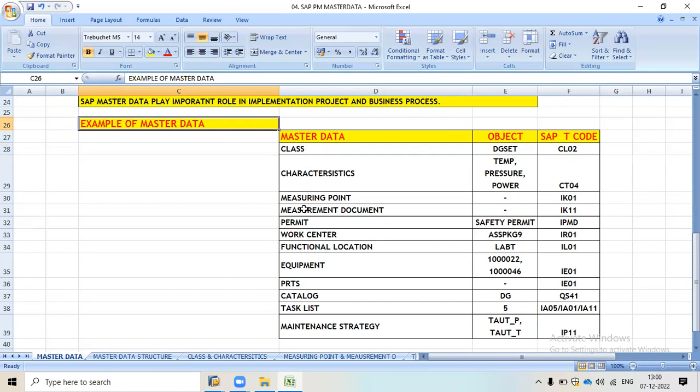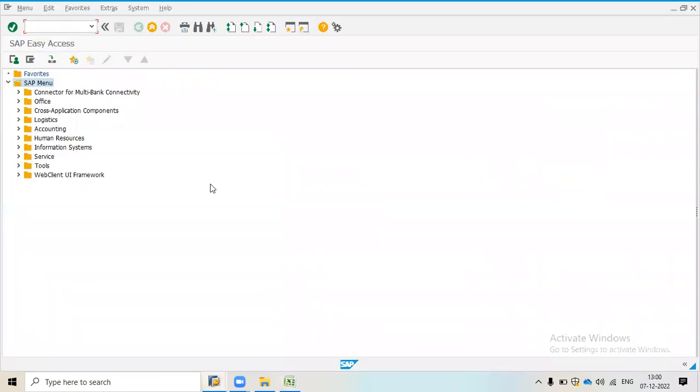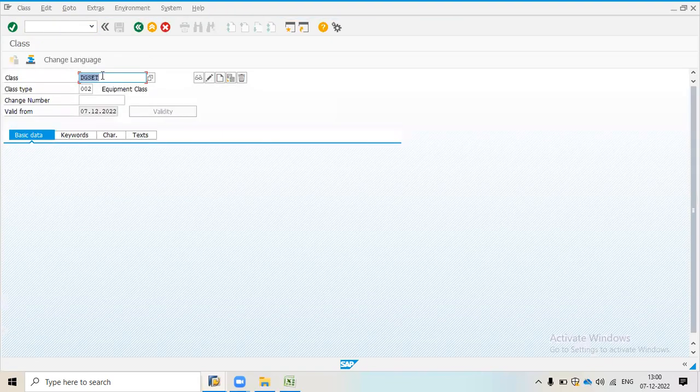Now I'm going to our SAP server, and here I will create master data. First I will use CL02. This is the T code to create a class. I will press enter, and after that a screen will appear in front of us.